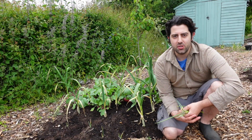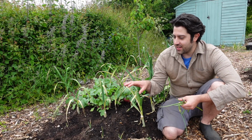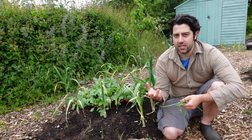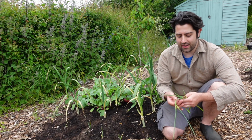So a bit of a costume change. It started pouring down with rain yesterday, so I left it 24 hours and I've come back out. But as I was saying, the alliums seem to be a little bit off this year, especially the onions. The garlics don't seem quite as thick as they were this time last year, and I've had a telltale sign